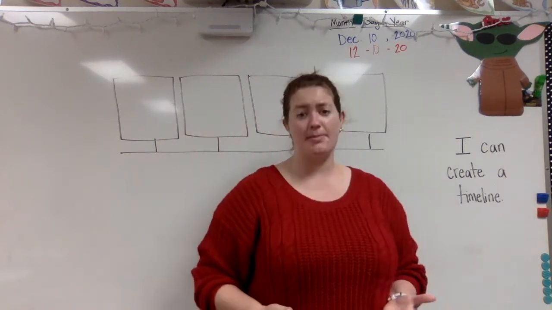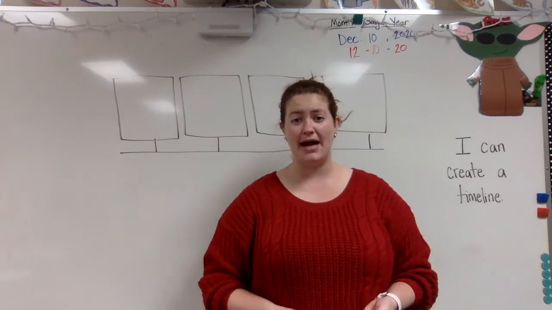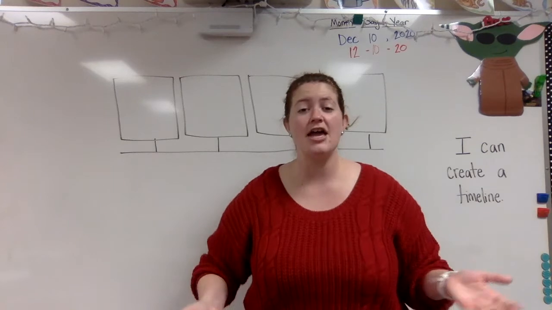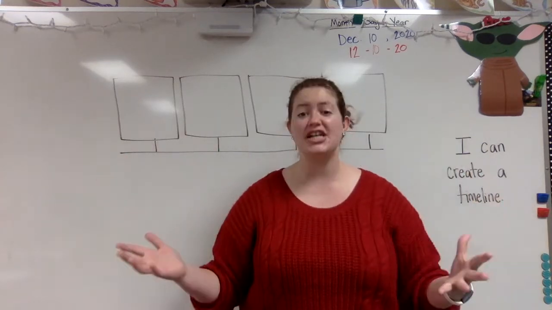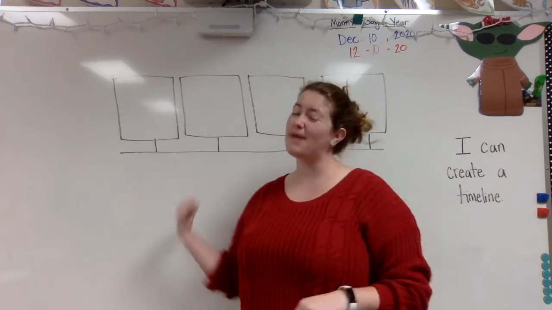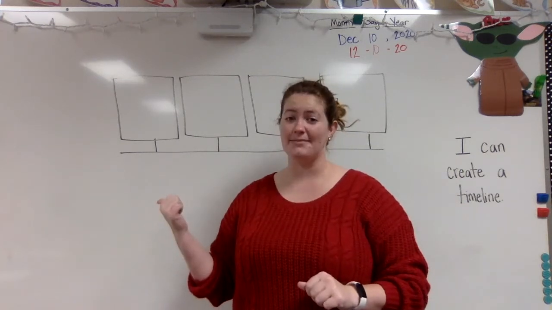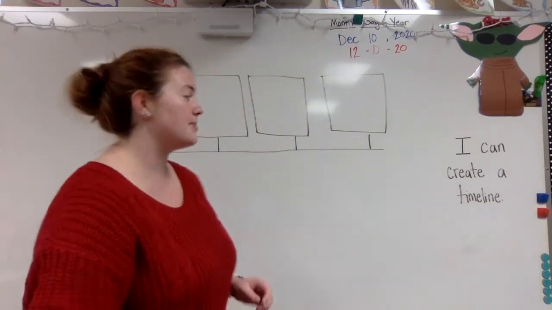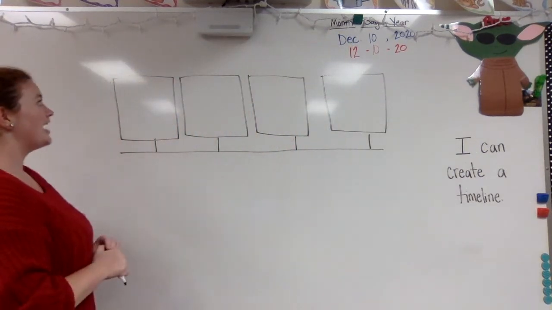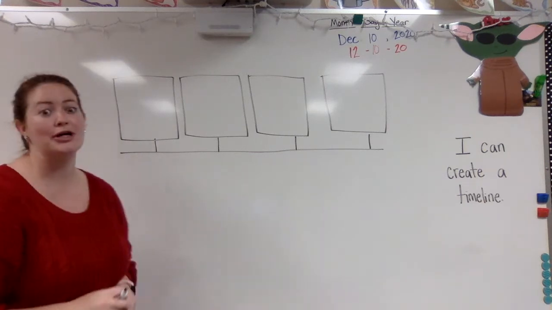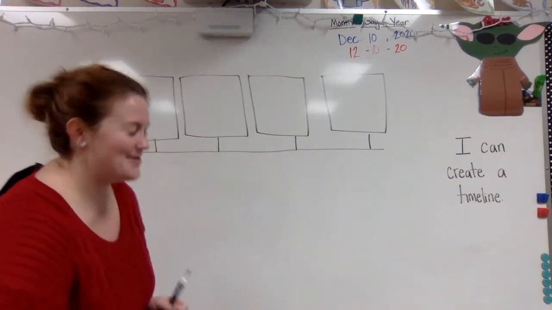Now, there are other important things that have happened in my life. They're just not going to be on this timeline. And that's okay. You might have like a bajillion things that have happened in your life that are super, super important. They just might not be on this timeline, and that's okay. I'm going to go ahead and start with my first event, and it's going to be when I was born. So I'm going to draw a baby. I'm going to try to draw a baby, okay?